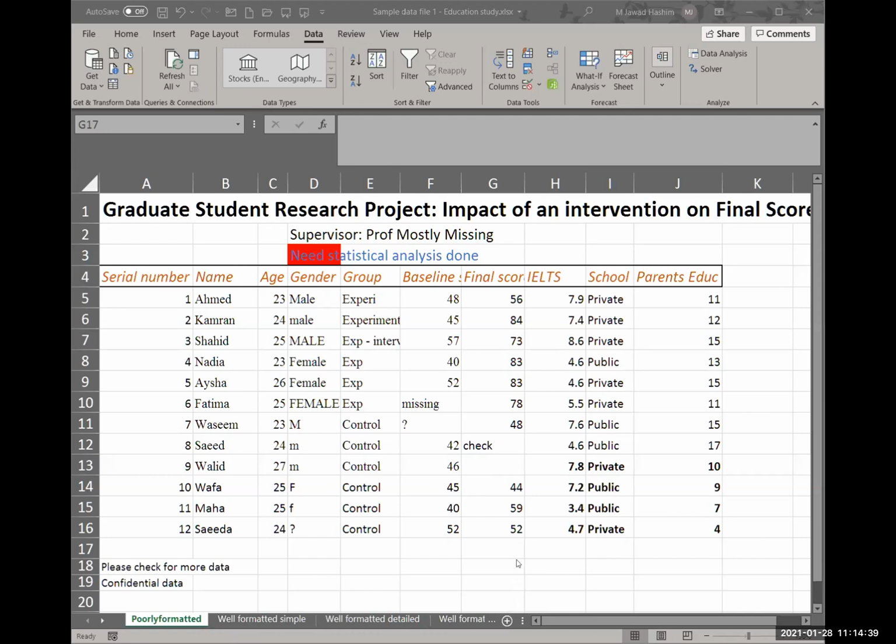Okay, so can you see Excel on your screen now? Yes, yes, doctor. Okay, great. All right. Okay, so